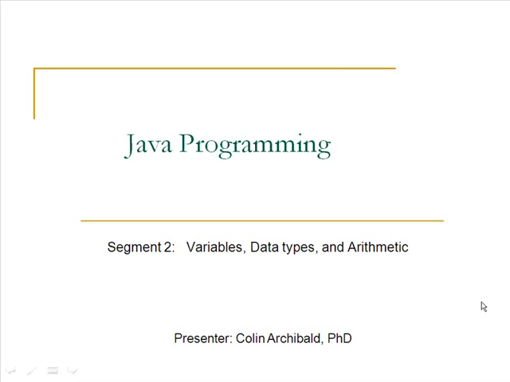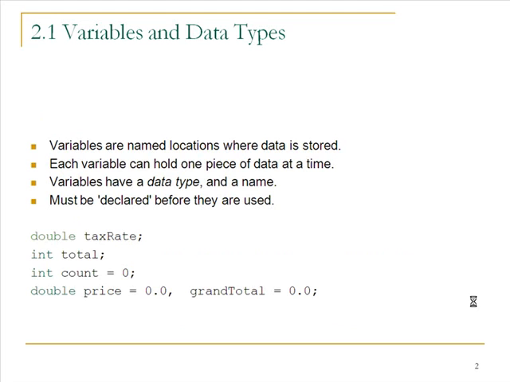Hello, welcome back. In this segment we're going to talk about variables, data types, and arithmetic operators in Java. I think everyone should already know what variables are if you have some programming concepts class or experience in your background. Variables are named locations in memory where data is stored, and each variable can hold one piece of data at a time. Variables in Java always have a data type and a name, and